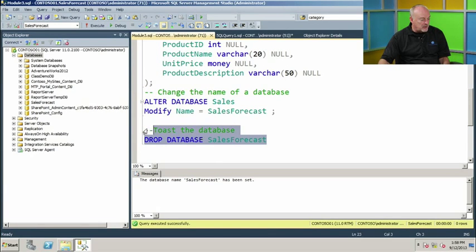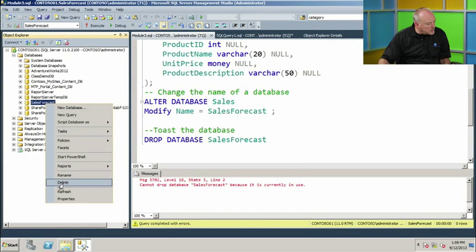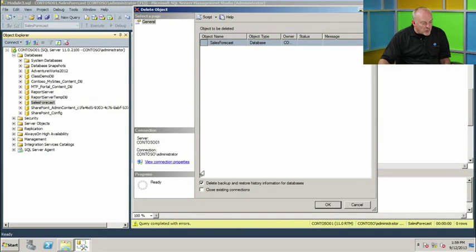Toast the database. I'm going to highlight this. So remember over here we've got sales forecast. We're going to execute. Ooh, cannot drop because it's currently in use. I must be connected to it somewhere. Let's see here. I know another way we can do this. Come over to the right, and I can do a delete here. Now what's happened is I have a connection to it. So because that failed, I'm going to come over here. There's a connection to it. So my guess is if I do OK here,